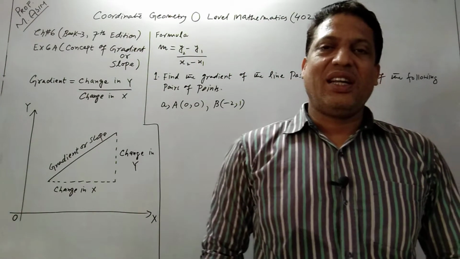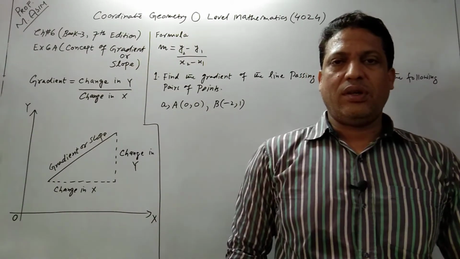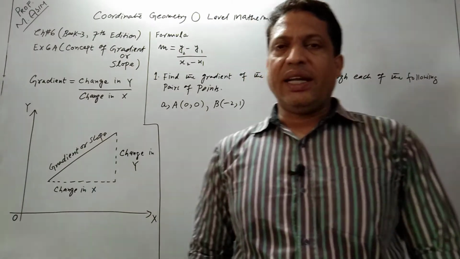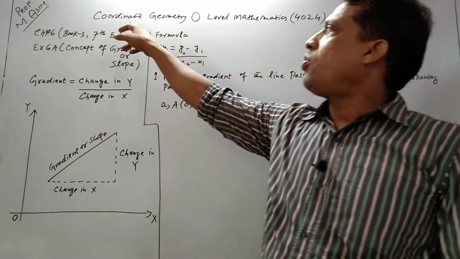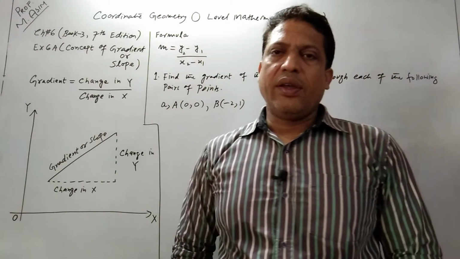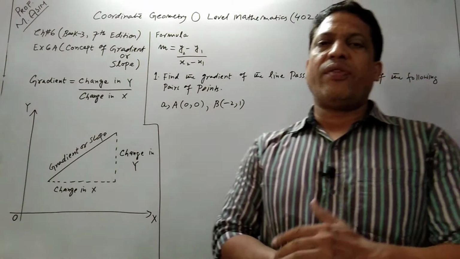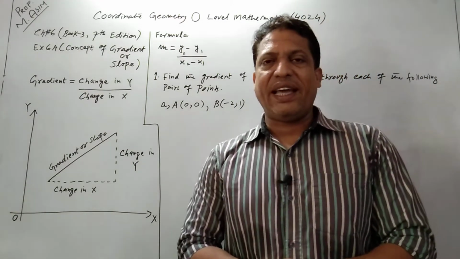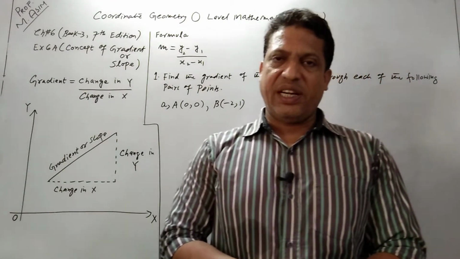In the last lecture we did the topic scales and maps of O-level mathematics. Today we are going to start another, new topic. The name is coordinate geometry. In this topic we will study some ingredients of coordinate geometry like the gradient of a straight line, the distance between 2 points, and the equation of a straight line.